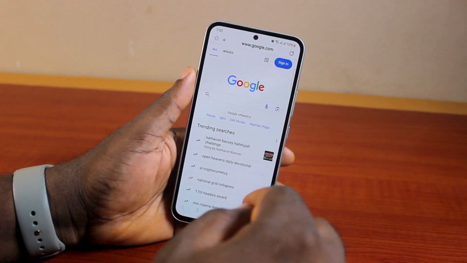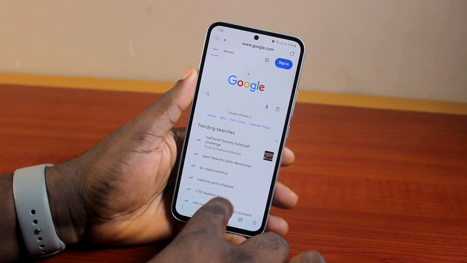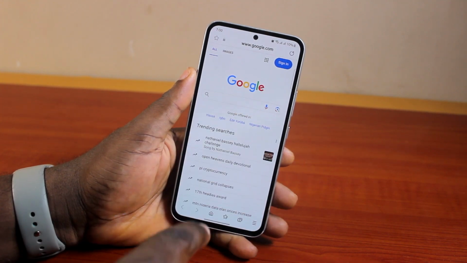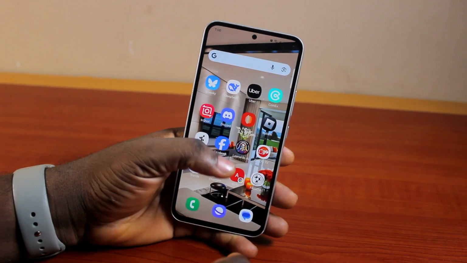Now when next you want to refresh a web page on your Samsung Internet, all you just need to do is pull down, then you should see the Samsung Internet refreshed. You see that? So that is basically how to enable pull down to refresh